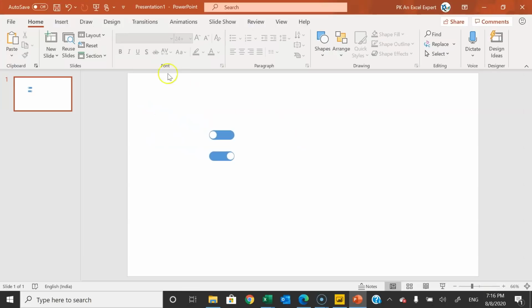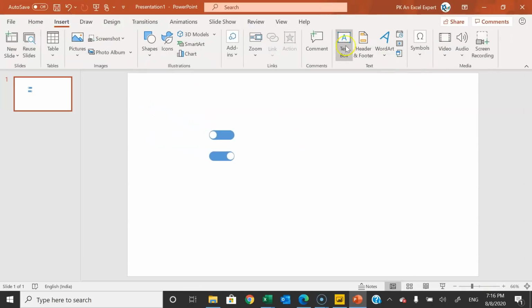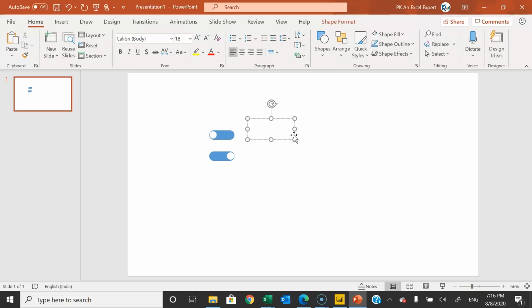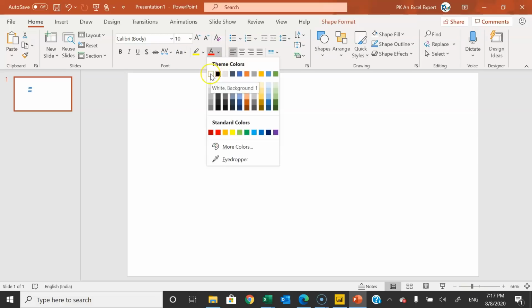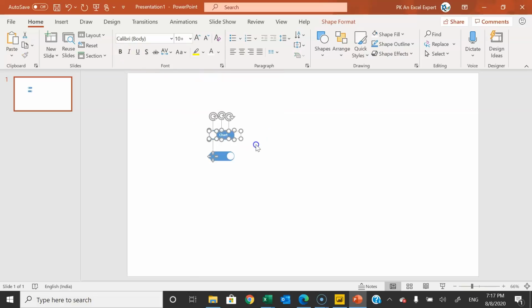So I have made a duplicate of this. This time I will move this oval here. Alright, now I'll go to the insert, then I'll go to the text box. I'll drag the text box here and I will type here, let's say chart, change the size, make it slightly smaller, around 10, and just put this here. Font color I'll choose white, make this bold, select and press Ctrl G to make the group.